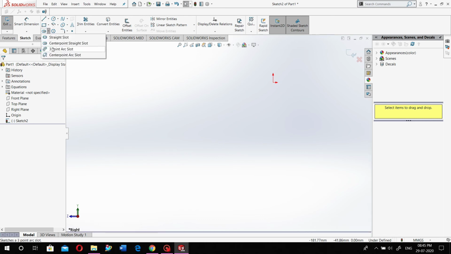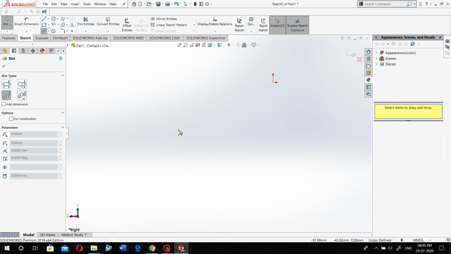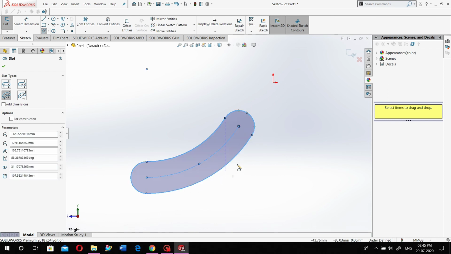Then there is the 3-point arc slot. The name indicates that you have to select 3 points. The first is selected, the second is selected, and now it depends on you where you select the third point. As you select the third point, your slot is created in the curve shape.